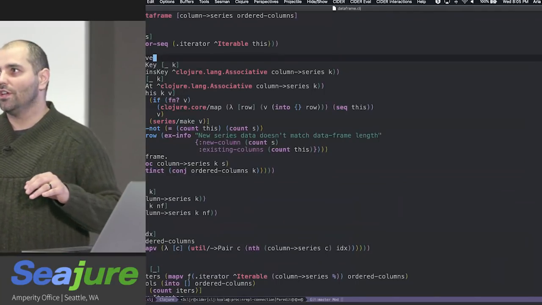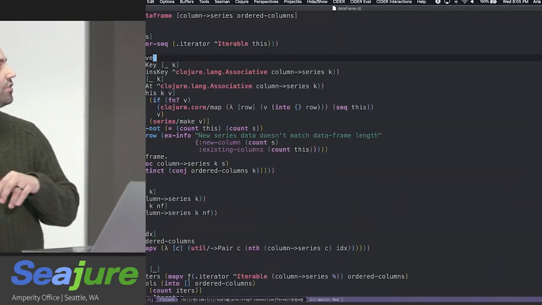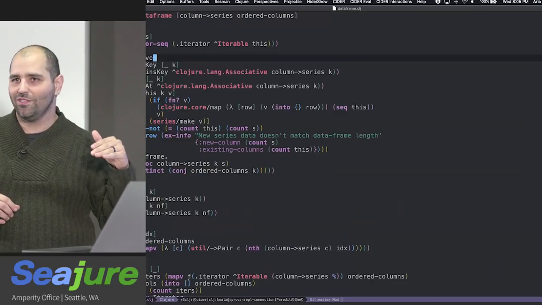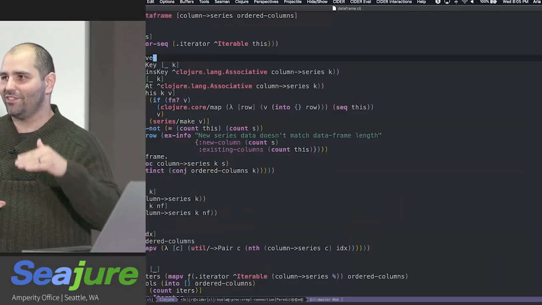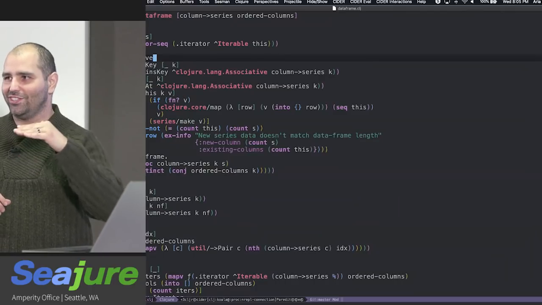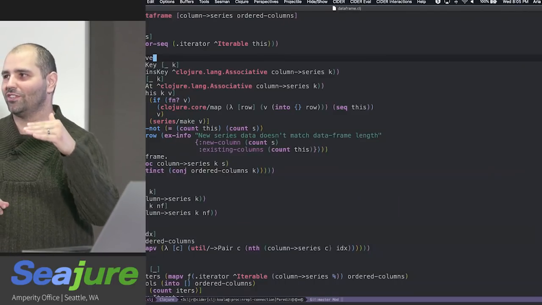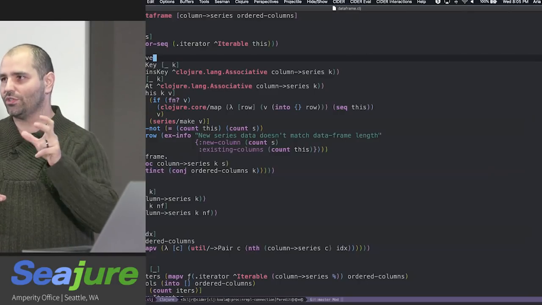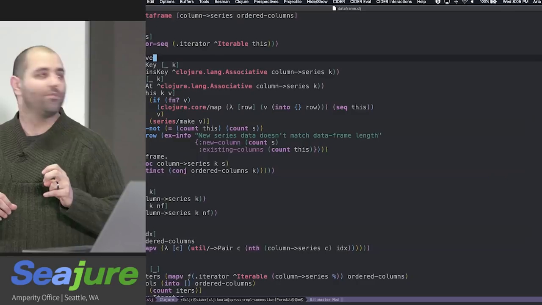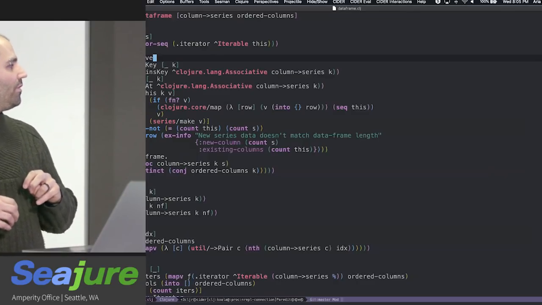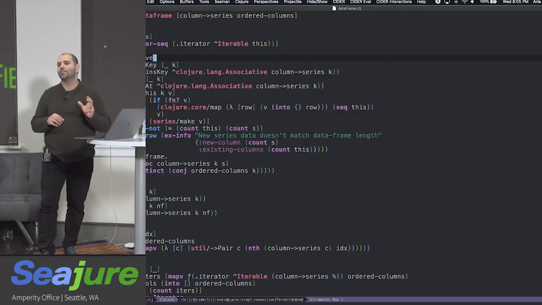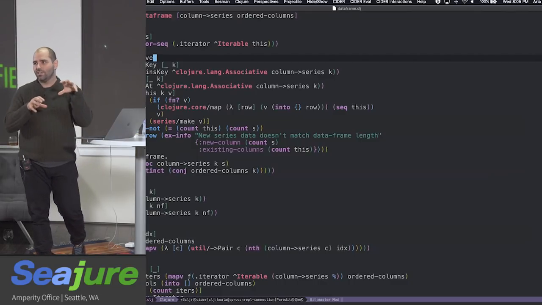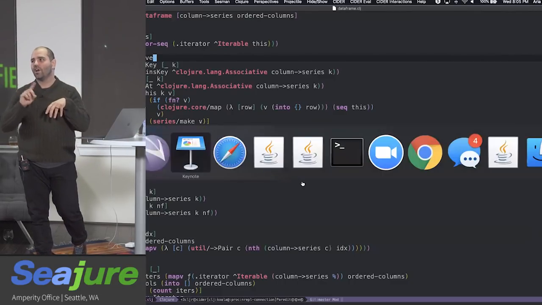Let me take the first part first and the second part second. The first part is, no, this is all custom collection behavior. This is one of the few times I actually wrote a deftype that's not just deferring to some underlying Clojure structure. It's pretending like it's a Clojure type, but under the hood it's fundamentally not actually a Clojure thing you're talking to. You're talking to something that's pretending like it's a Clojure collection. But to answer your second question,